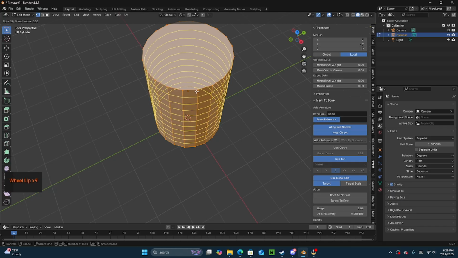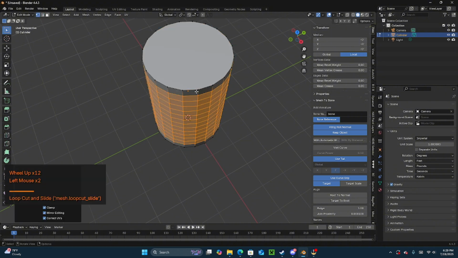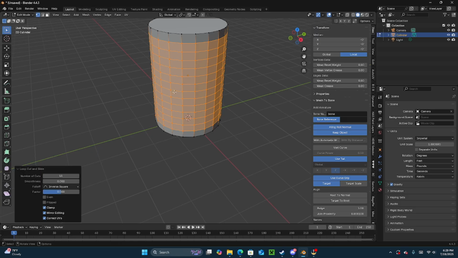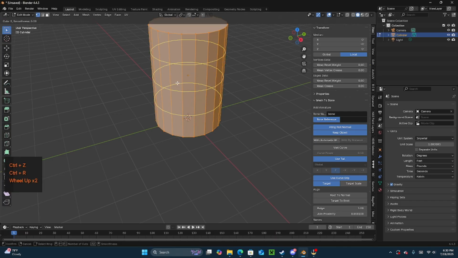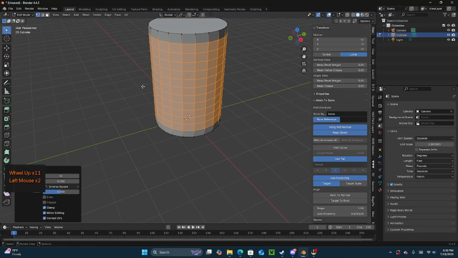Alright, next thing, we tab into edit mode, Control R, create about 13 loop cuts. That makes 14 faces. Okay, let's go 12. That way in the middle,